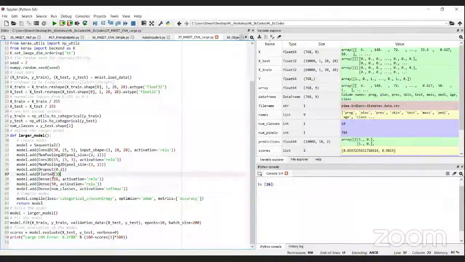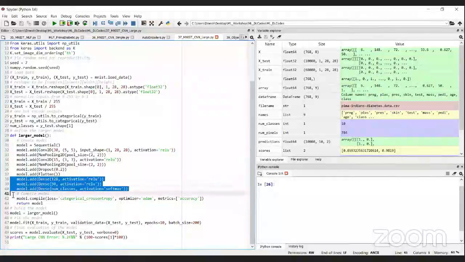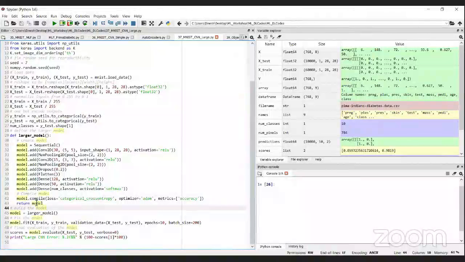Basically, compared to the previous case, here I have added one more convolution layer and a pooling layer. And even in the fully connected layer, instead of having one hidden layer, I have added two hidden layers. This is how you can keep experimenting with different types of architecture. You can vary the number of filters, the size of the filters, and add more layers, also convolution layers.